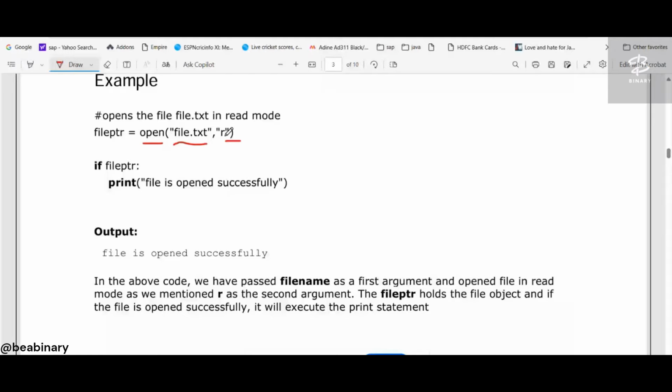For example, file.txt signifies that there is one file named file.txt. Here txt is the extension. I hope you are aware of the term extension. And R is the read mode. That means we want to open the file in read mode. Okay, we do not want to write something, we just want to read the file. Then the function name is open, and when a file successfully